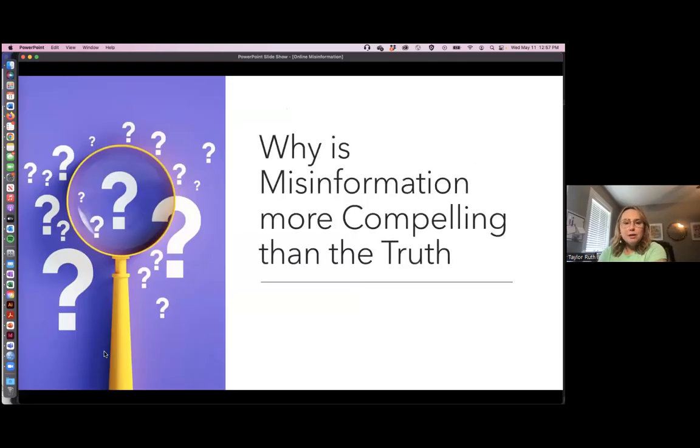So I would like to hear from everybody here why you think misinformation is more compelling than the truth, because we're seeing it be spread online like we talked about. We've already talked a little bit about confirmation bias and how that can cause misinformation to spread as well. But why do you think this misinformation is more compelling than the science and the facts and the research we have backing us? Because I think it is an interesting thing to consider, and it's hard to move forward without thinking about this as well. You can either drop that in the chat or you can unmute yourself too.